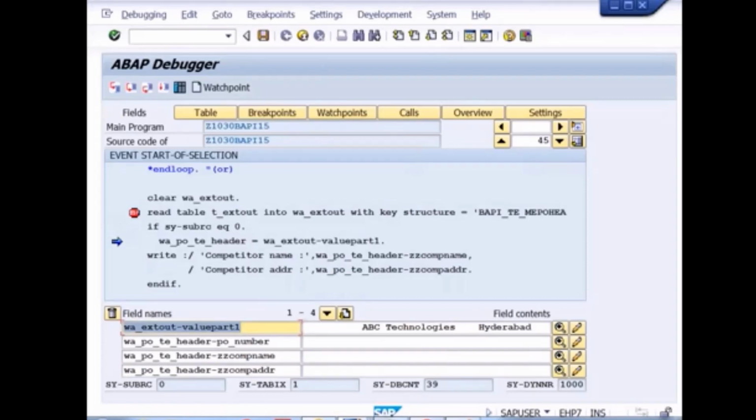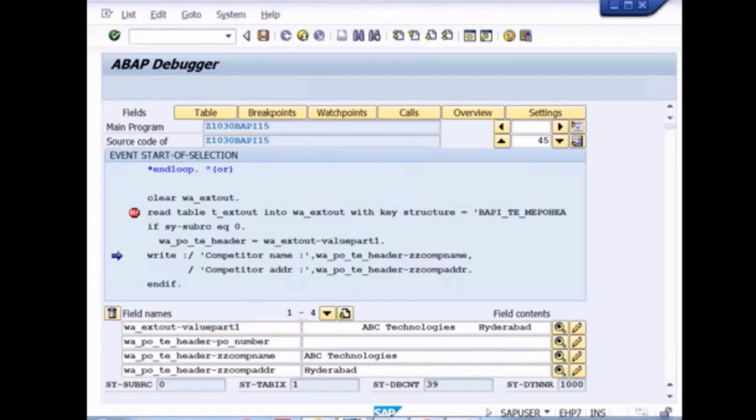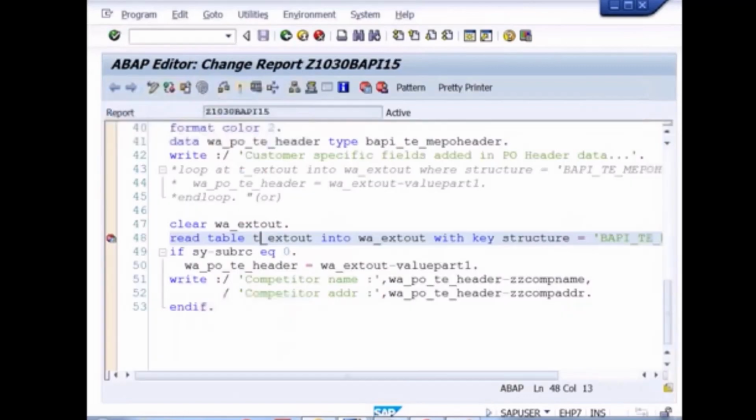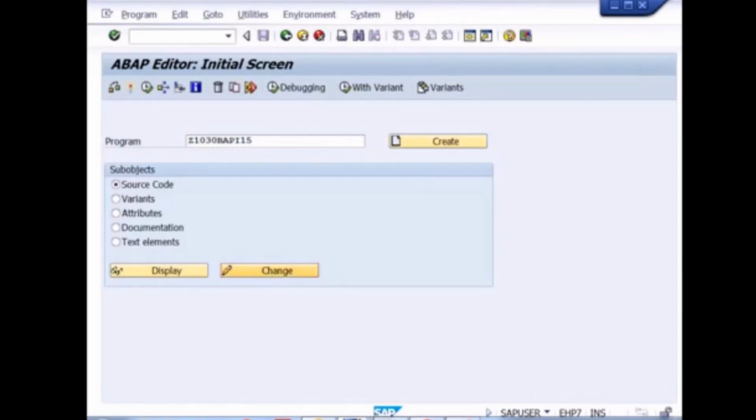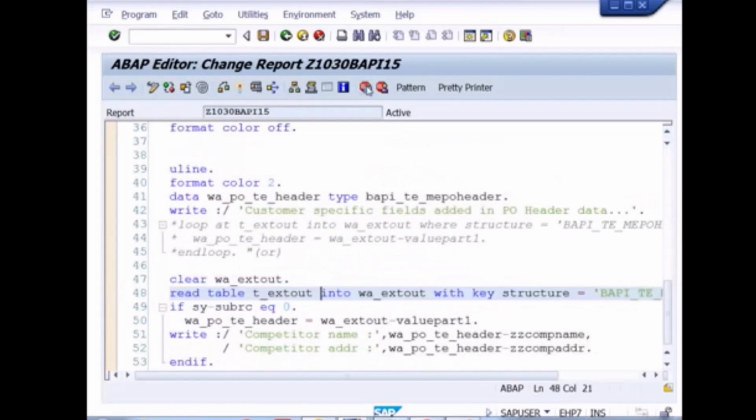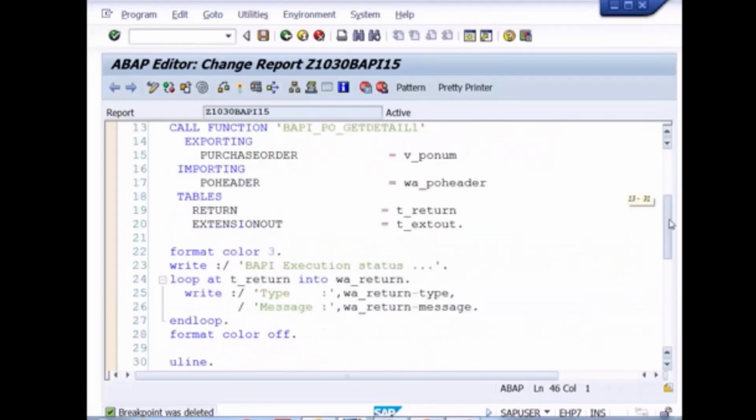So when I assign it, value part 1 will be assigned to this one. I just want to check how it is assigned. When I press F5, good. That part is coming and sitting in ZZ commutator name, and this is coming in ZZ commutator address. Then I have printed it. That's all. Done. So this is the way to work with the extension out parameter. This is the concept of